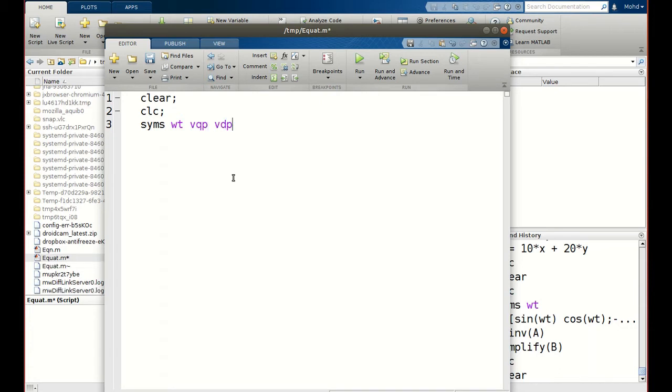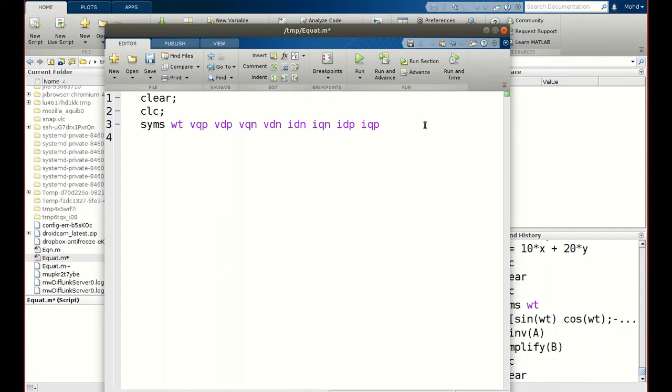So it is basically the voltage in D and Q frame, positive and negative voltages in D and Q frame, and similarly the currents. So these are the voltages and currents in D and Q frame, positive voltages and negative voltages, negative current, positive current, along with a variable omega t, that is the angle at which our vector is rotating.